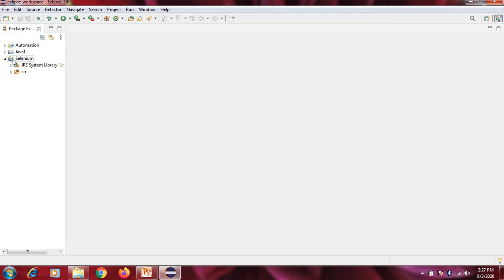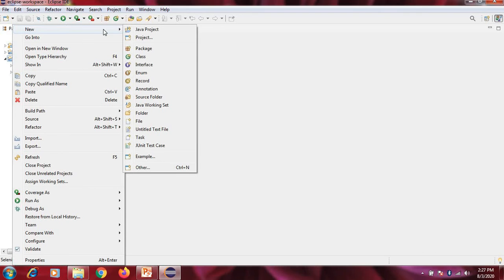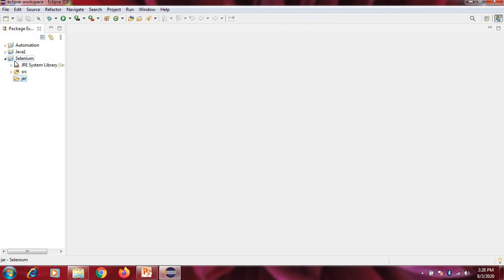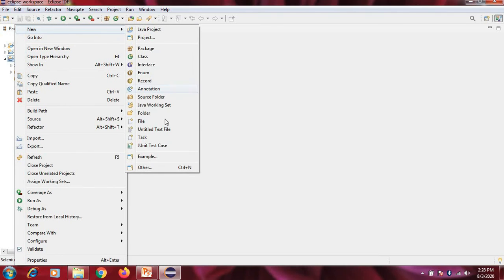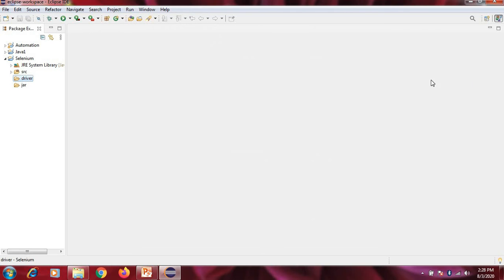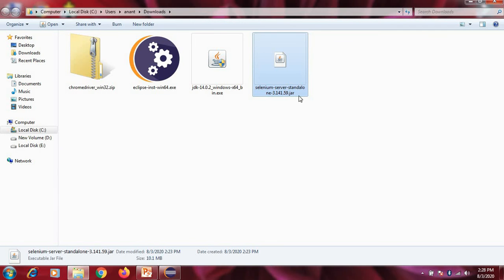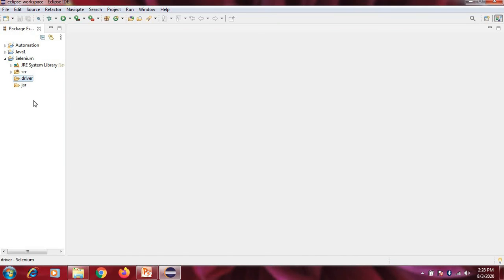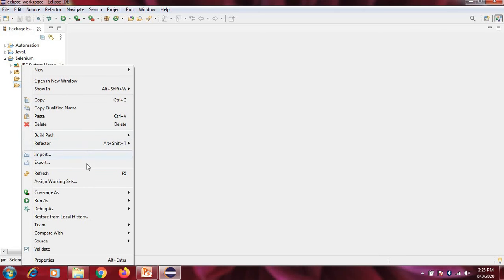And now go to Selenium. Select, right click. We have to create a new folder where we can paste the jar files and driver files. We create a jar folder and one more folder for driver files. Finish. And now we go to the download folder, copy the Selenium jar file, open Eclipse and paste it in the jar folder.